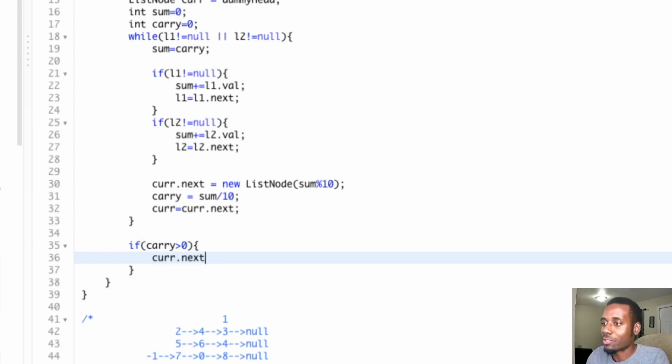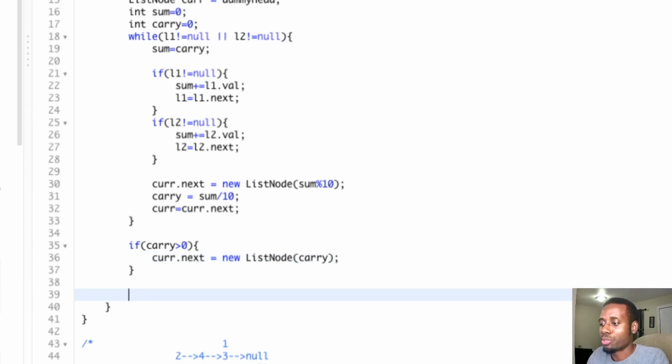So we're going to do cur.next, so we're going to create a new spot for it, a new ListNode of whatever the carry was, because we cannot forget about the carry. It's very, very important. After we do that, we're going to be in pretty good shape. So now what we're going to do is just return,